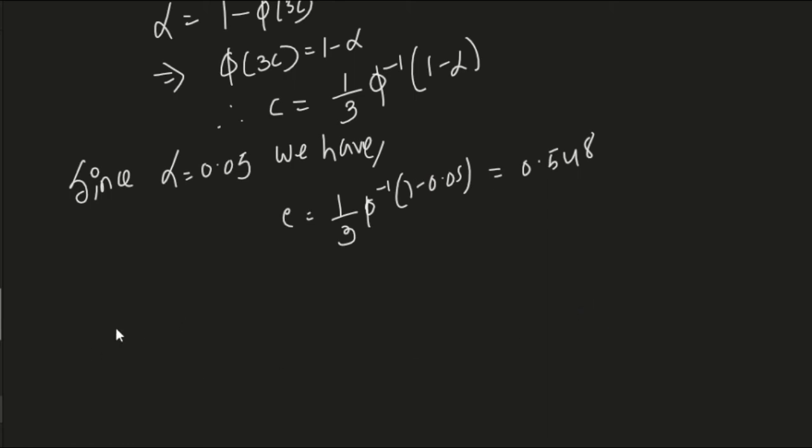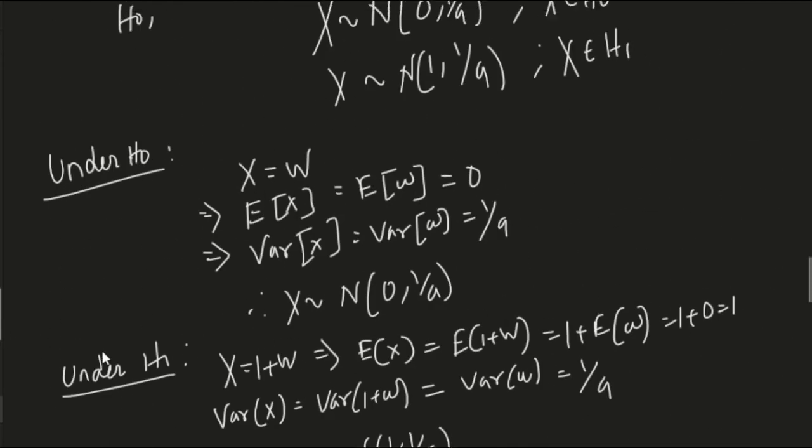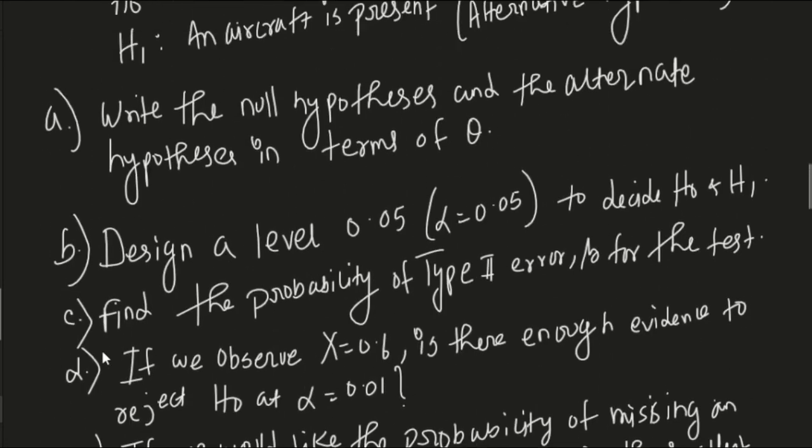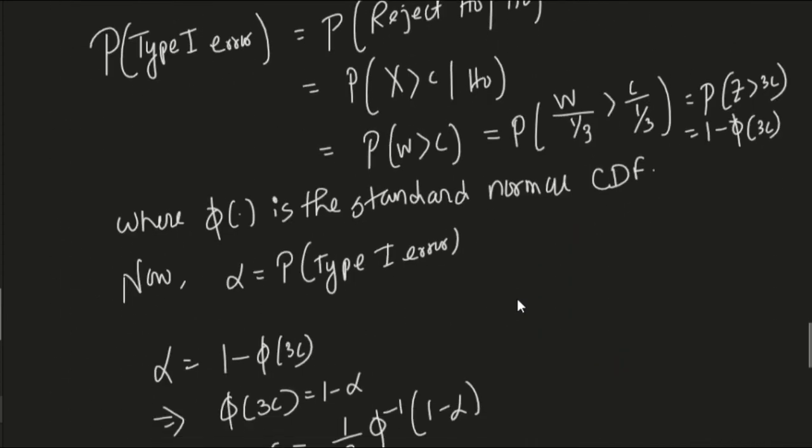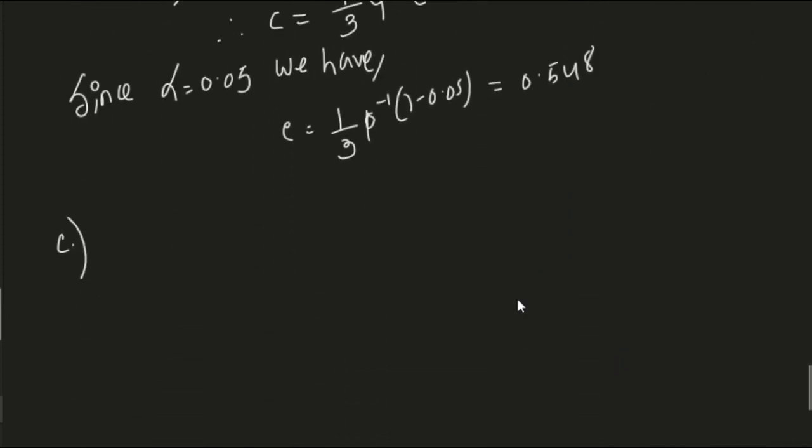Now let's go to part C. Find the probability of type 2 error beta for the test. Okay, so we are trying to find the type 2 error now. So we have to make note of the first thing, that is